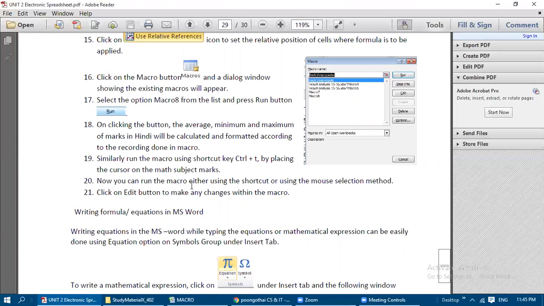Now we can run the macro either using the shortcut key, that is Control T, or by using the mouse selection method, that is by selecting this run option. We need to click the edit button to make any changes within the macro. So if we want to make any changes within the macro, we can click on this edit button. Now I'll show how